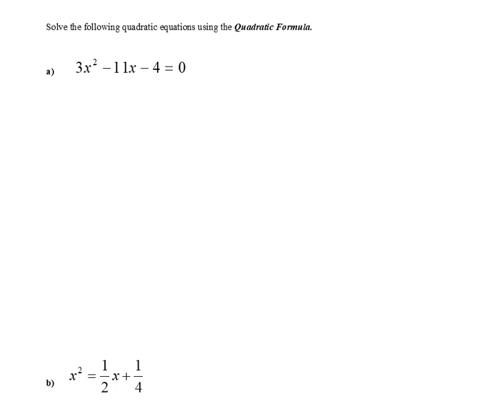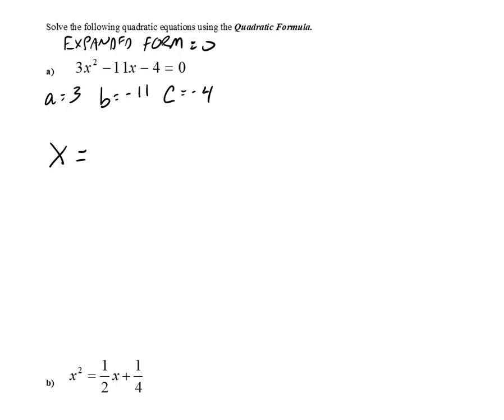All right, we want to solve the following quadratic equations using the quadratic formula. So one thing we already know is we want the quadratic equation in expanded form. So this one is in expanded form or standard form equaling 0. So then we just need to identify the coefficients. Well, in here, a equals 3, b would be the coefficient on x, which is negative 11, and c would be negative 4. So when I plug these numbers into the quadratic formula, I get x equals,